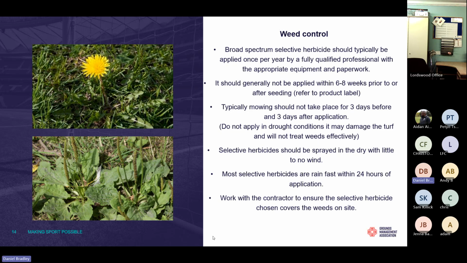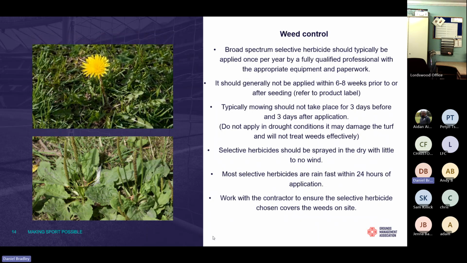Now, if you are overseeding your pitch in the spring, you shouldn't apply a selective herbicide within 6 to 8 weeks of that application, because the grass plant in its juvenile stages is susceptible to damage and stress from that